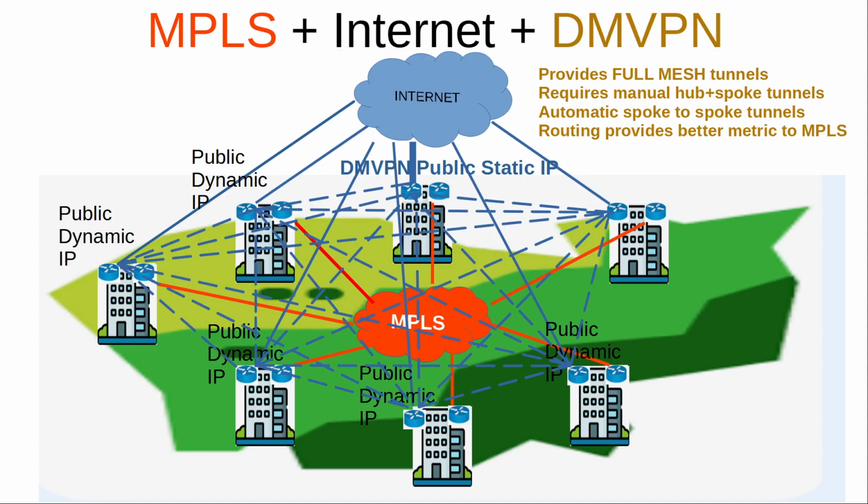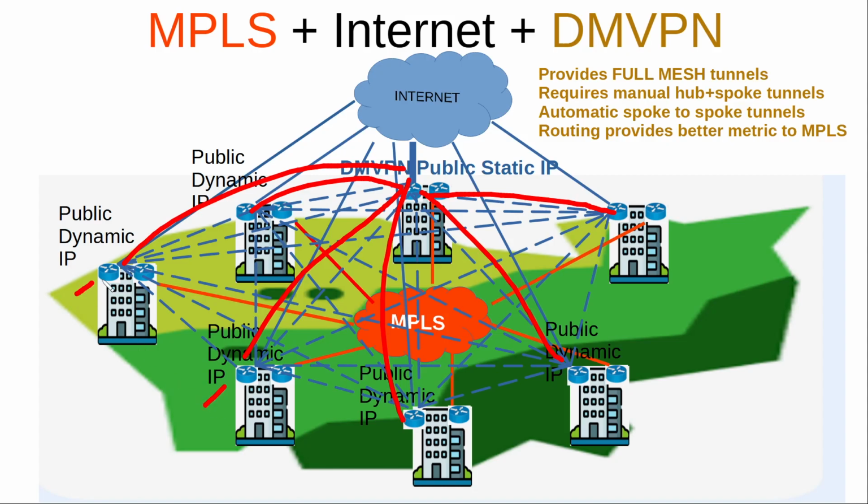At some point in time, Cisco came up with DMVPN, which is a cool solution that lets you create tunnels on the fly. With DMVPN, you still use IPsec with GRE, and when this office, for instance, tries to communicate with this other office, it will create a tunnel on the fly, which is really cool. I am talking about Cisco because I am more familiar with Cisco, but that doesn't mean that other carriers were not creating similar technologies.